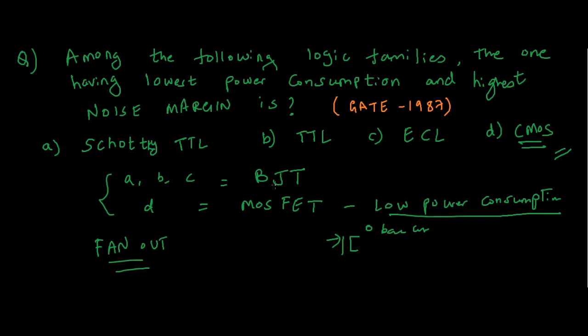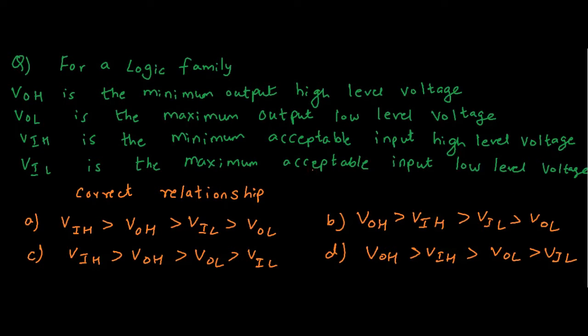So in this current generation we are using CMOS. Okay, these are all outdated technologies, and these are used when the switching speed is of utmost importance, more than the power consumption. Then we'll go for Schottky TTL. Okay, so if you are sticking to this current question, the right answer is answer D. Okay. So let's see the next question.